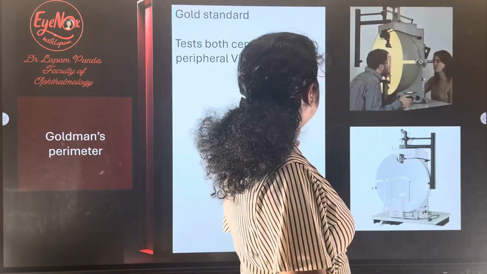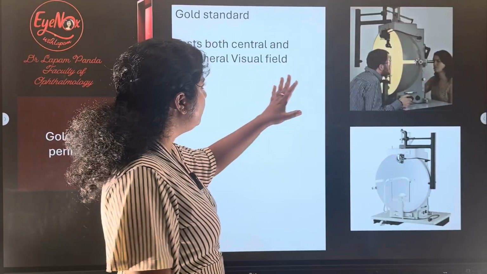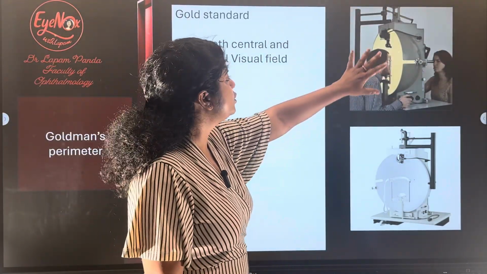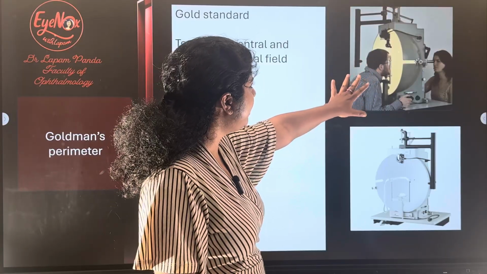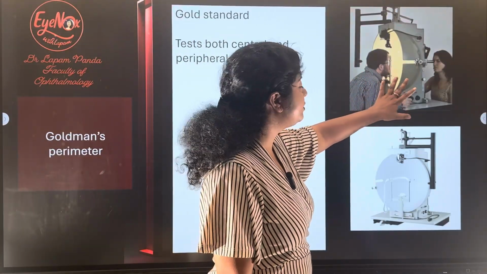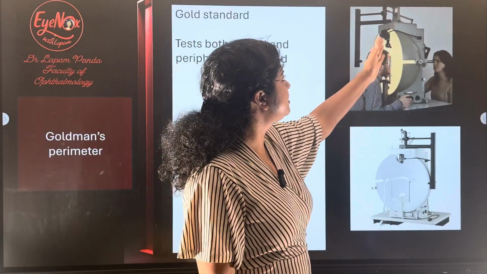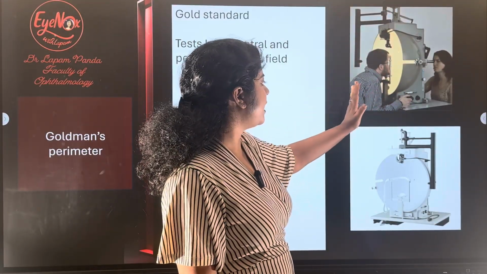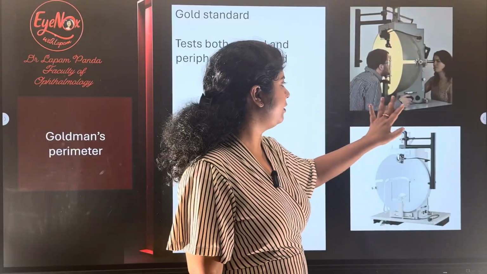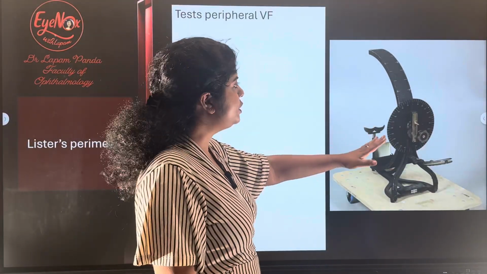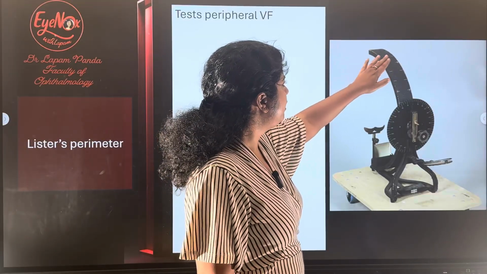Now, the second, as I said, is Goldmann perimetry. This picture is important, which was once asked as an MCQ. So this is how the Goldmann perimetry looks. This is the gold standard kinetic perimeter which was used before, which tests the central as well as the peripheral visual field. Now the third kind of perimeter is Lister's perimeter, which tests only the peripheral visual field,